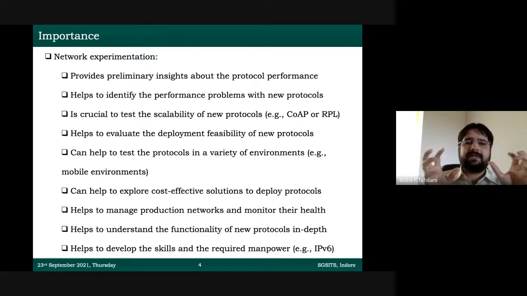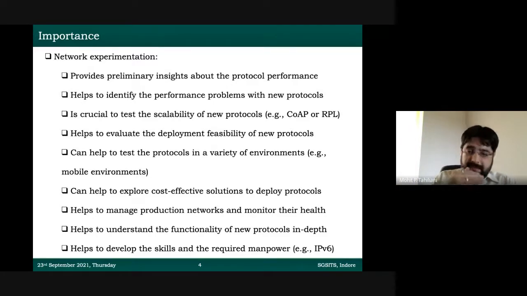So looking at the sheer scale of the number of devices that will be connected, we need to ensure that our protocols will be able to operate in such a large environment, and that such a large number of devices will be supported by protocols. So CoAP has been very well tested these days. Vishal was also mentioning the routing protocol for low power and lossy networks, the short form of which is written in my slide as RPL in bullet number 3. What I'm trying to explain is how do you test your protocols in a scalable way? You have to perform experiments, right?